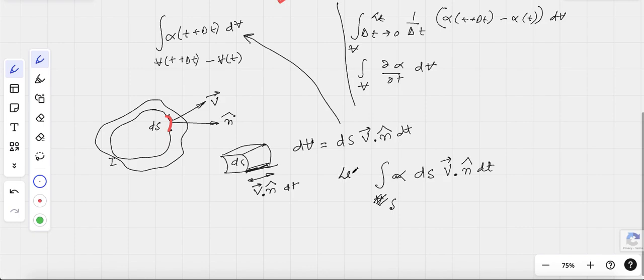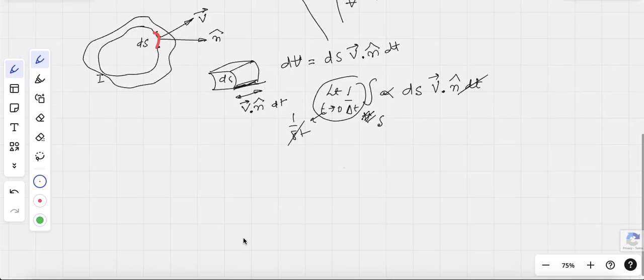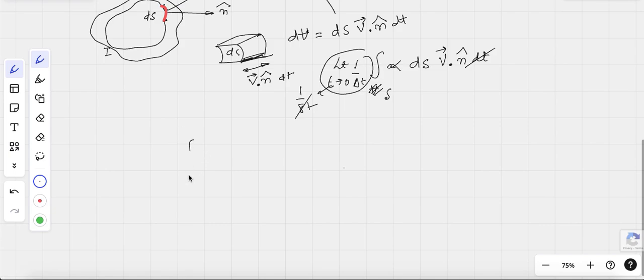So limit t tends to 0, 1 by delta t. This is 1 by dt. So this dt and this dt will cancel. So what we have is this form